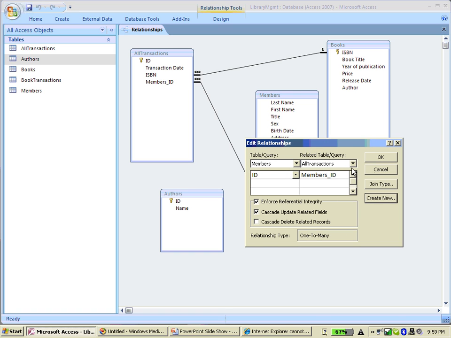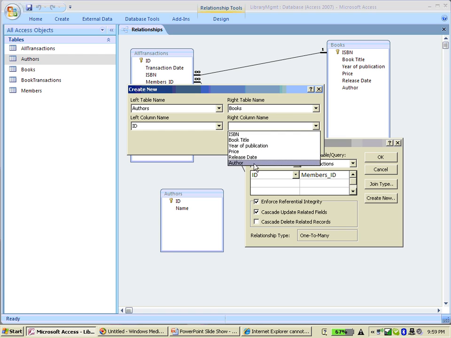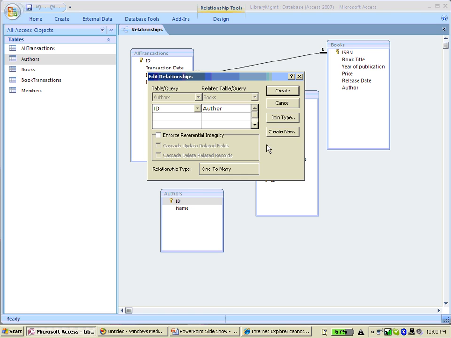I think we can take in any order. Create new: left table, let's see, authors; right table, books. This is the ID, the corresponding ID in books is author. I think the authors table ID value and the books table author value should be the same. So okay,